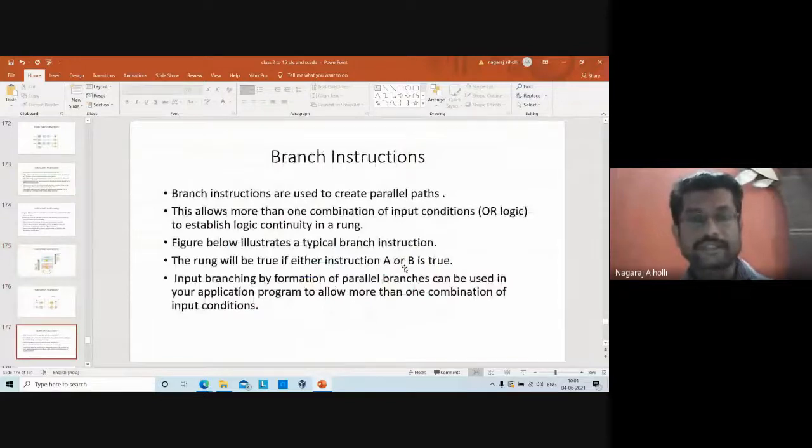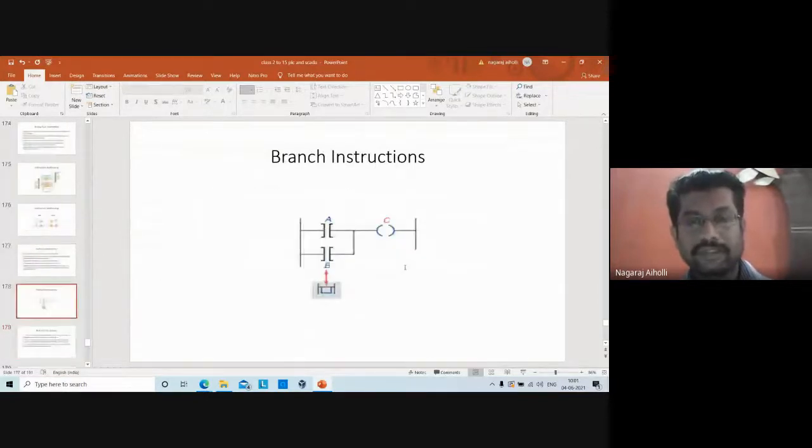Next, branch instructions. Branch instructions are meant to create parallel paths. If you look into this figure, there is a rung here. It's a single rung, and in that rung we are creating a parallel branch.